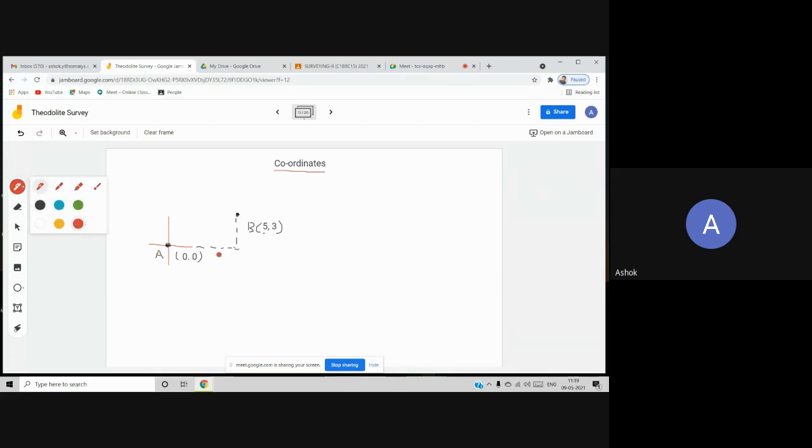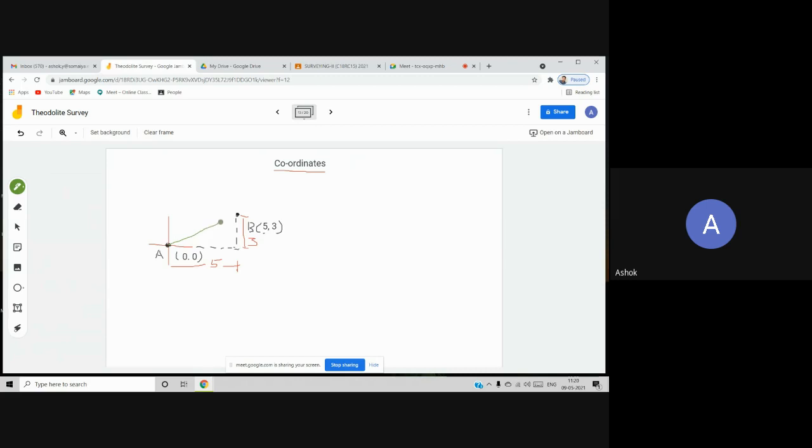Yes. So this means this length is 5. From here to here is 5, and from here to here it is 3. Isn't it? Yes or no? Class, is this clear? Yes, sir. Okay. Now, suppose I draw a line, if I connect these 2 points,